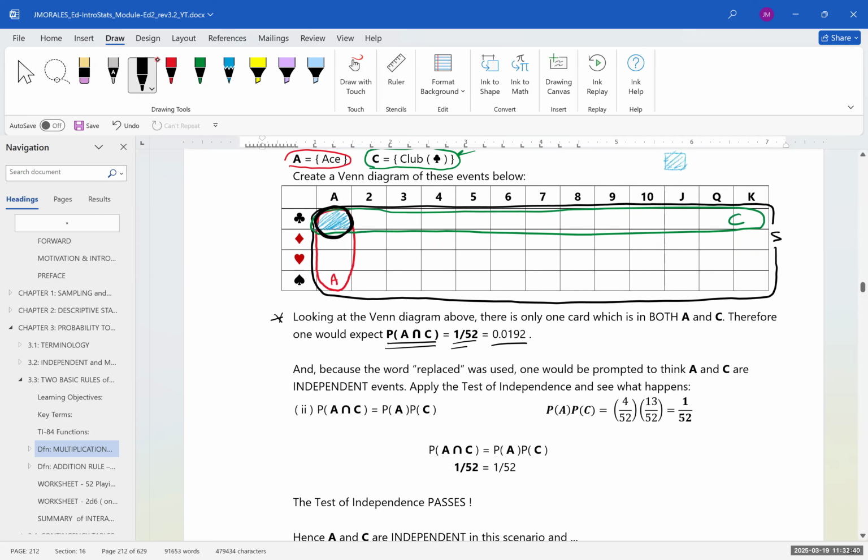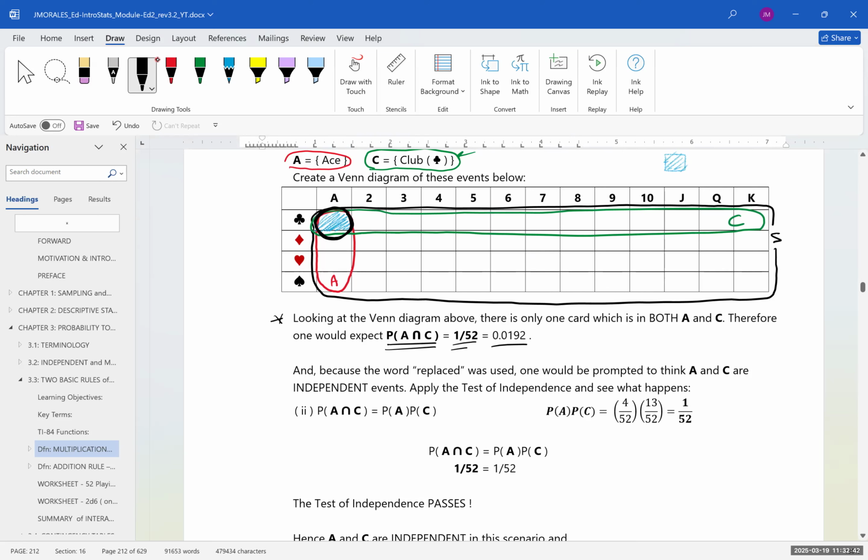And if you went about applying a test of independence of these two events, and you apply the multiplication rule, then you look at the calculation of the probability of the intersection of those two, that comes out to 1 out of 52. And if you calculate the probability of A times the probability of C, and you multiply those two together,